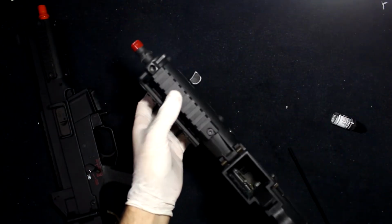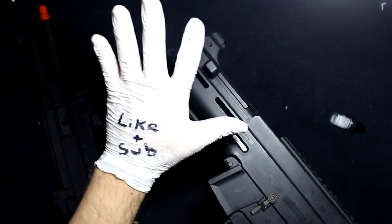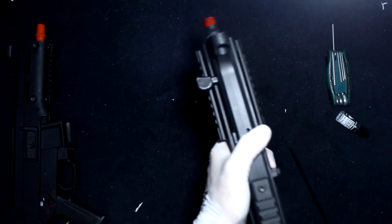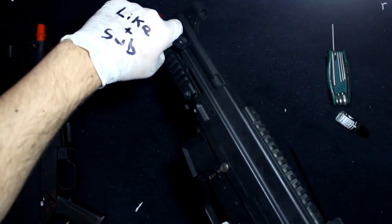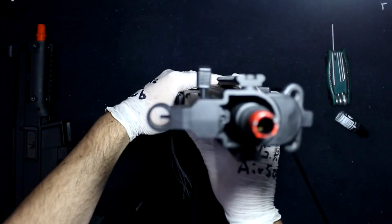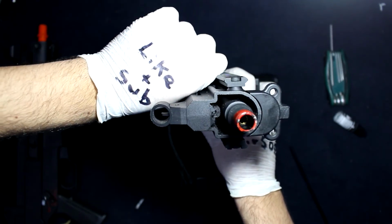Okay, so now I'm gonna tell you why I use these rails and I don't use the left side rail, for a very simple reason. I'm gonna show you why. Let me just put the rail back. Alright, I just put it back like it comes from factory, and the reason why I don't use this one is because when you pull, whatever the way you use to pull back the charging handle, it always hurts my finger. Once again I say, without gloves, actual gloves, not these ones, it hurts, it's not comfortable,